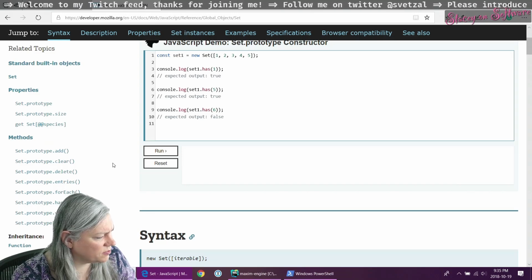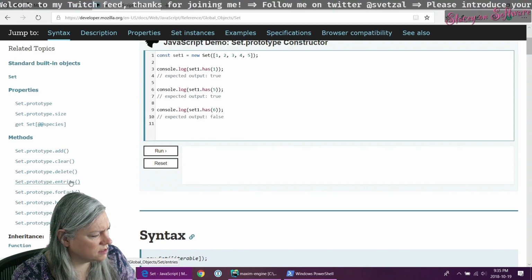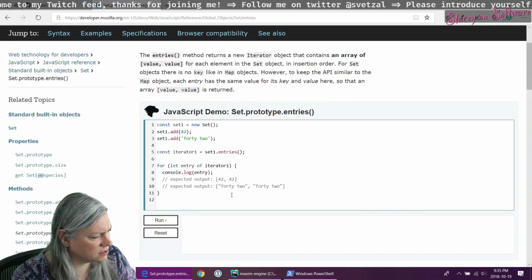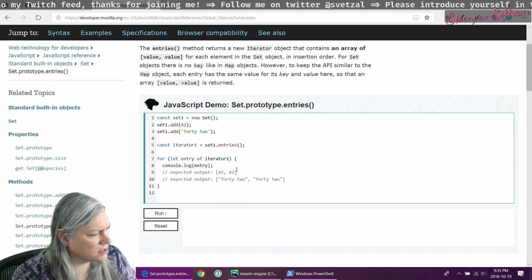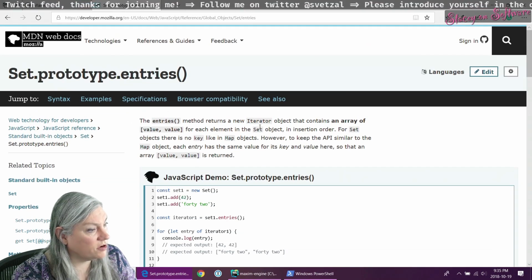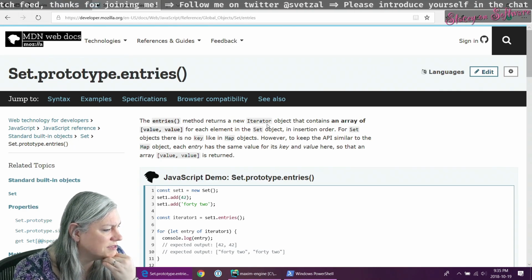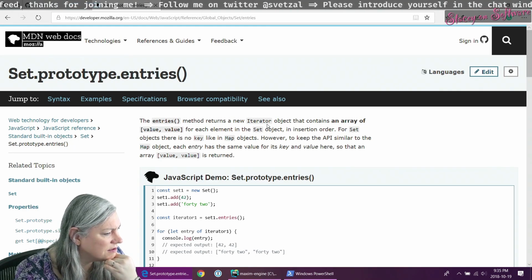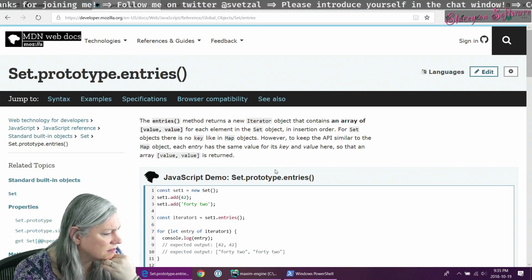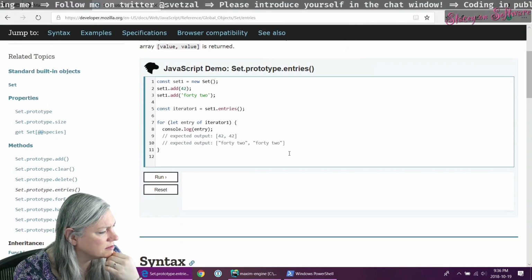All right, we have a set, we can add to it. And entries gives us an iterator. Oh. Values?